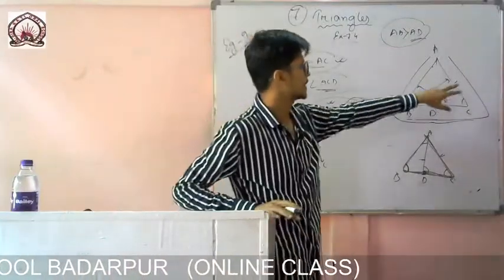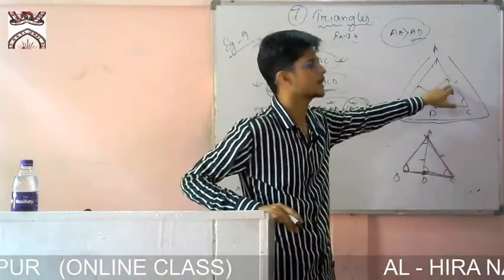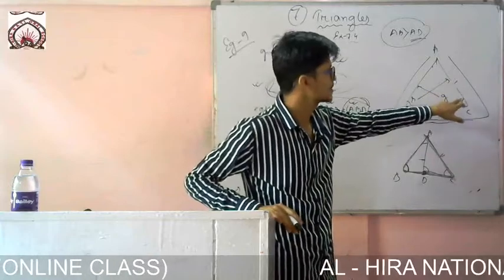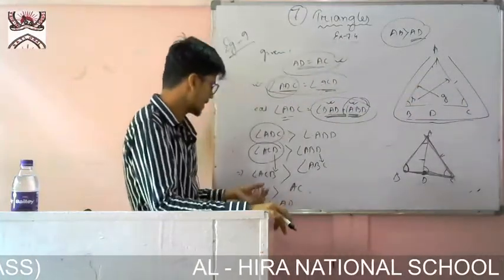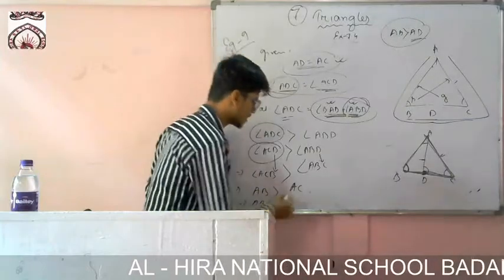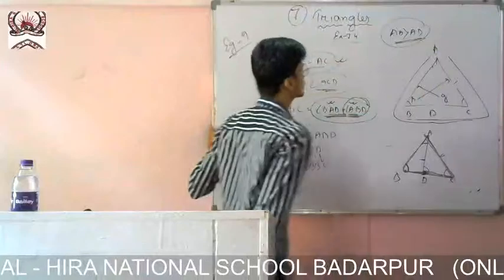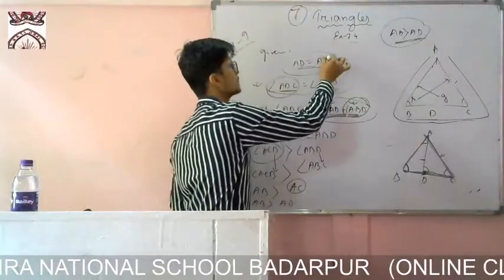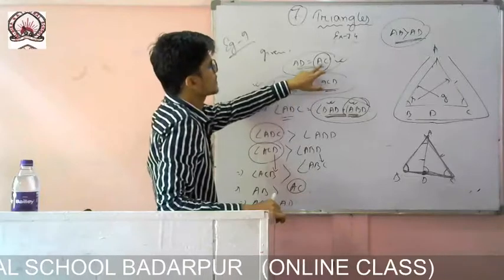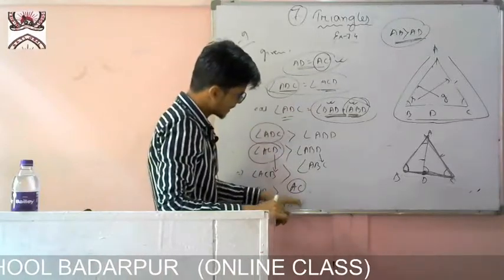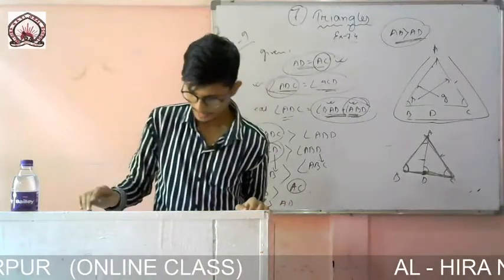Now we are talking about a triangle. If ABC is a smaller angle, that means the side opposite to this one will be smaller. If this is a greater angle, the side opposite to this one will also be greater. Okay, so AB is greater than AC. But now the question is not to prove AC. The question is to prove AB is greater than AD. If you see the first line of the question, what we started with, AD is equal to AC. So in place of AC I can write AD. So now it is okay. AB is greater than AD, hence proved.